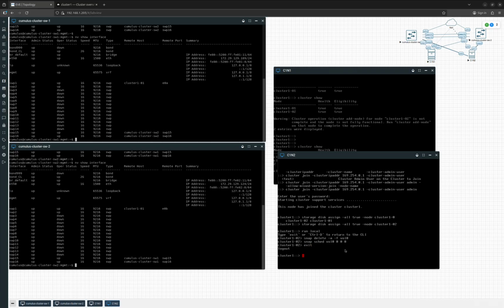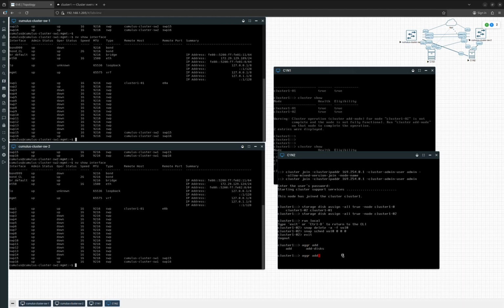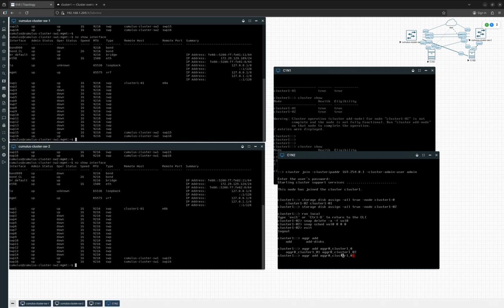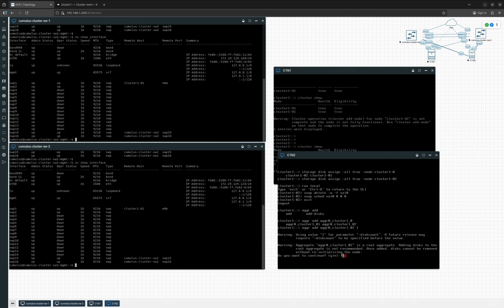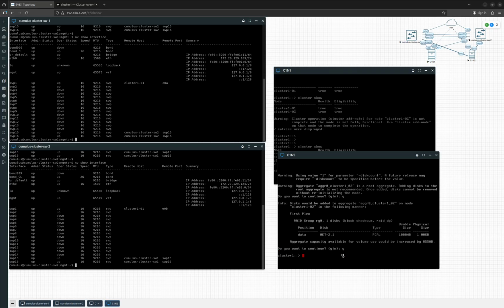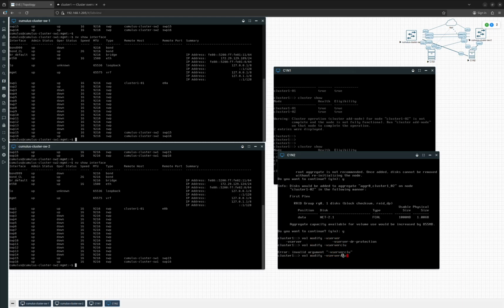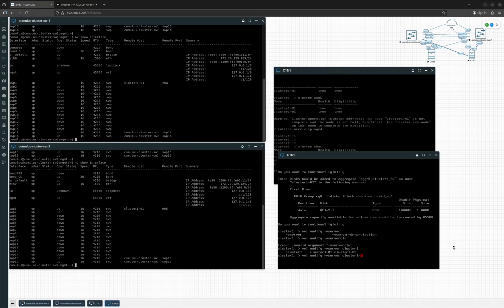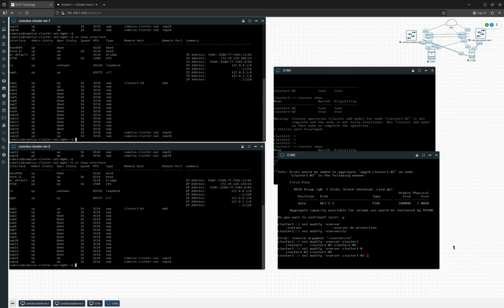Now exit that, and I'll assign, create an aggregate. So volume modify server O2